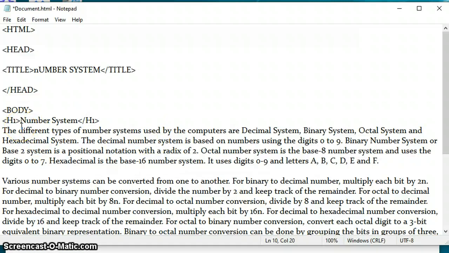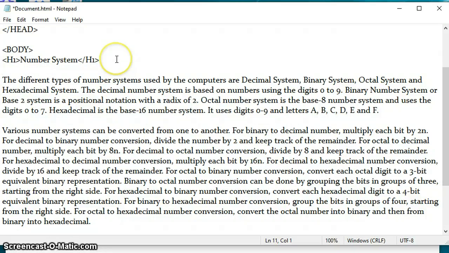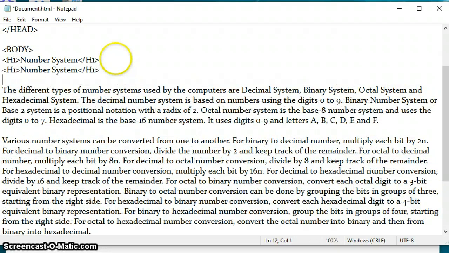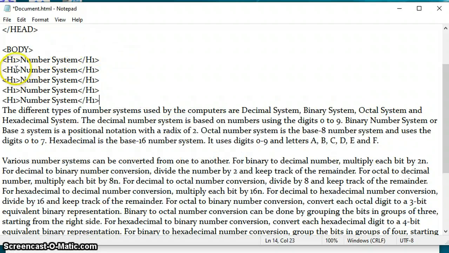H1 is the largest size of heading and H6 is the smallest size of heading. You can choose any of it, or I will display it by making it H2. Then this is H3.